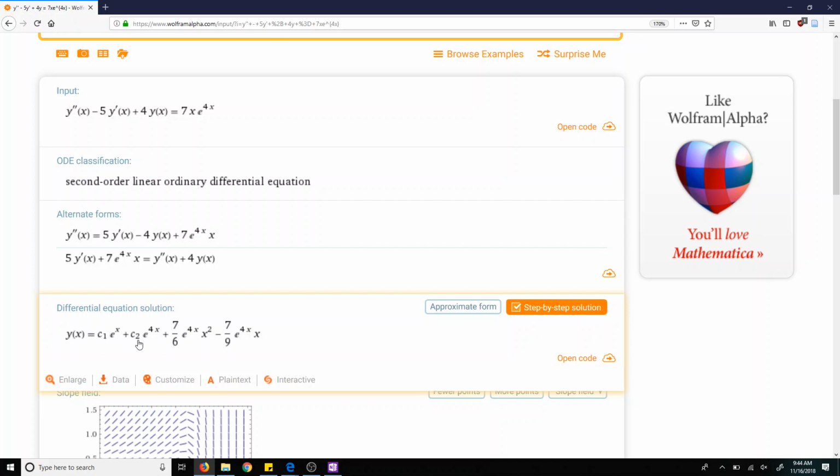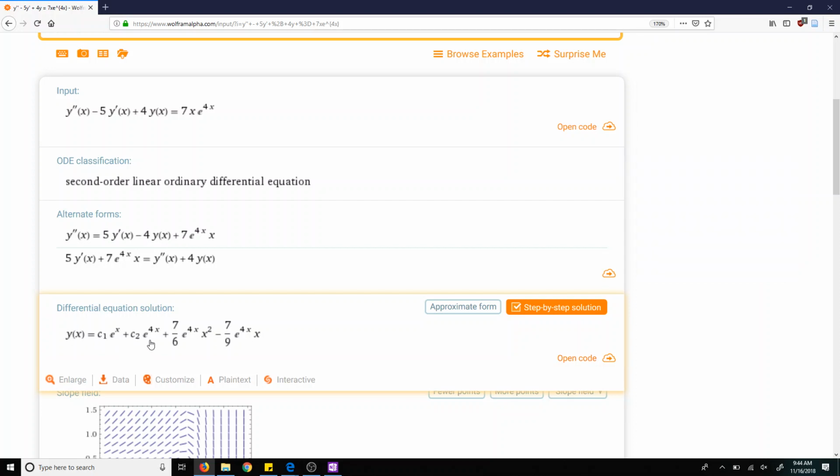And we have our homogeneous, c1 e to the x plus c2 e to the 4x. That was the homogeneous. Everyone good with that? And then here is the particular solution. And so you see that, first of all, we guessed the correct particular solution, because we have the x e to the 4x term, and then we have the x squared e to the 4x term. So we guessed the right particular solution,